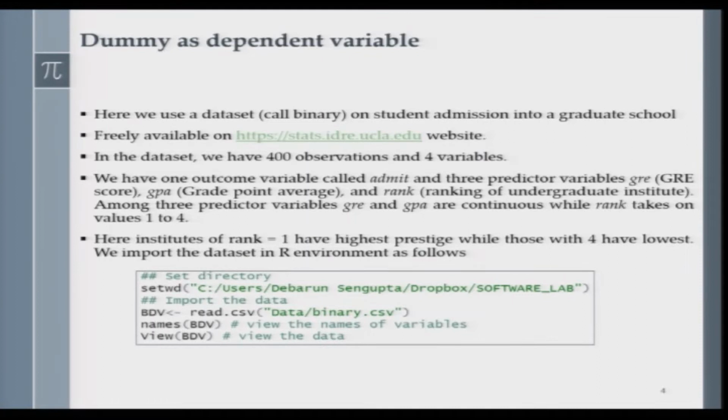Now, we move on to the exciting case of a dummy as the dependent variable. We have had a lengthy discussion on logit models previously, so we are going to talk about the estimation of the logit model and the interpretation of the results in the R platform. For that, of course, we need a data set to start with. We have got a data set from an existing data source, and first we are going to explain the data set to you, and then we are going to take you to our environment.